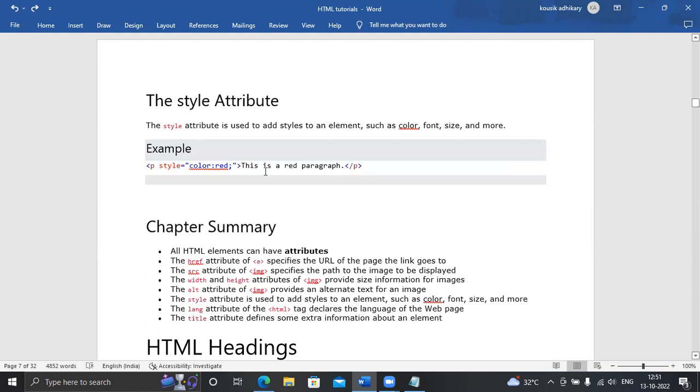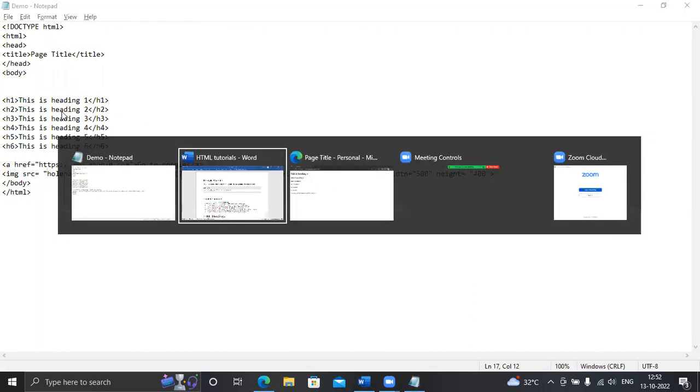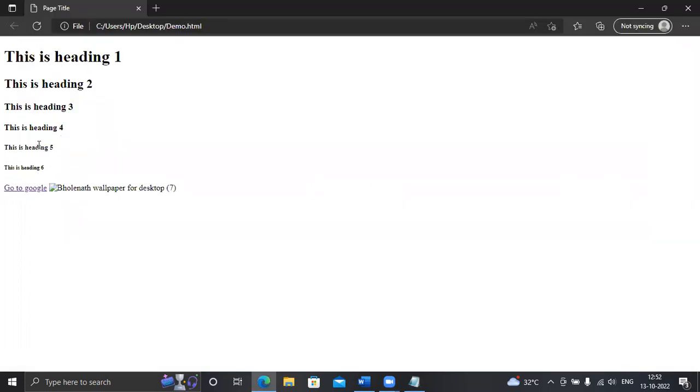In the previous example, we started the paragraph tag and ended the paragraph tag, and within it I wrote some dummy text, which is displayed in the same way. But headings like h1, h2 are displayed in black.